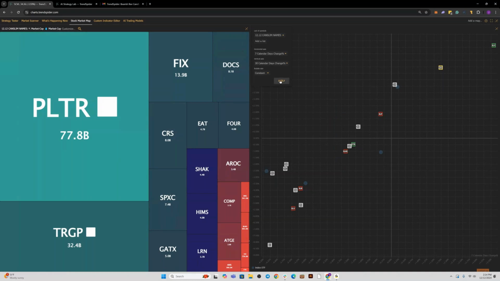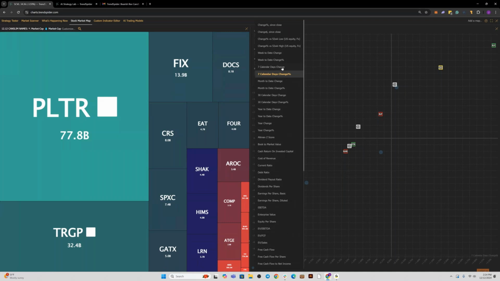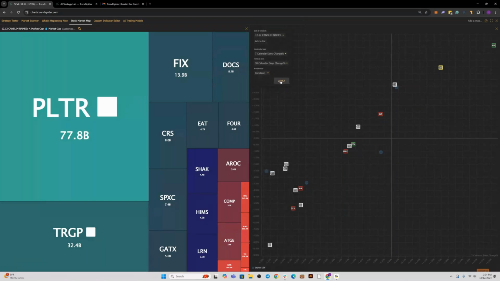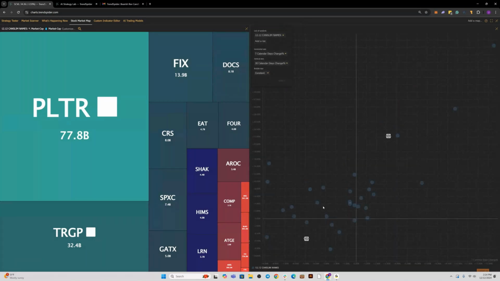The bubble chart can be adjusted, or you can define the horizontal and the vertical axis. You can do it by price change over different periods of time. You could do it by a ton of different fundamental data. I like to use the bubble maps here for just understanding price change. Where are those names in that group of names? What's their price change distribution? What names are doing the best this week? What names are doing the best this quarter?